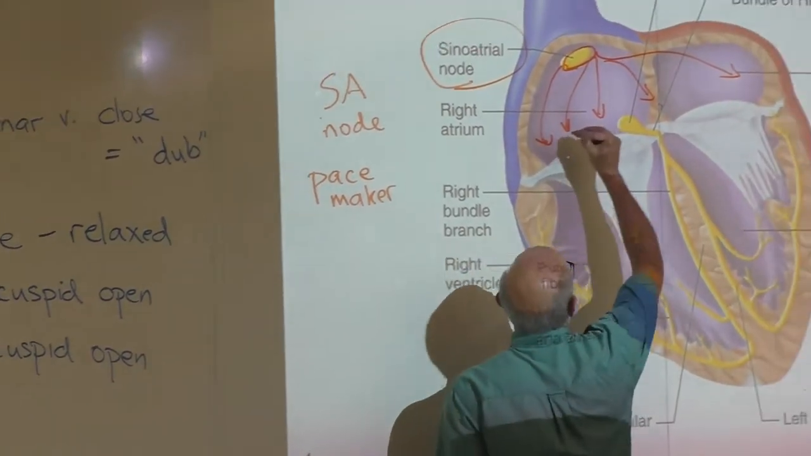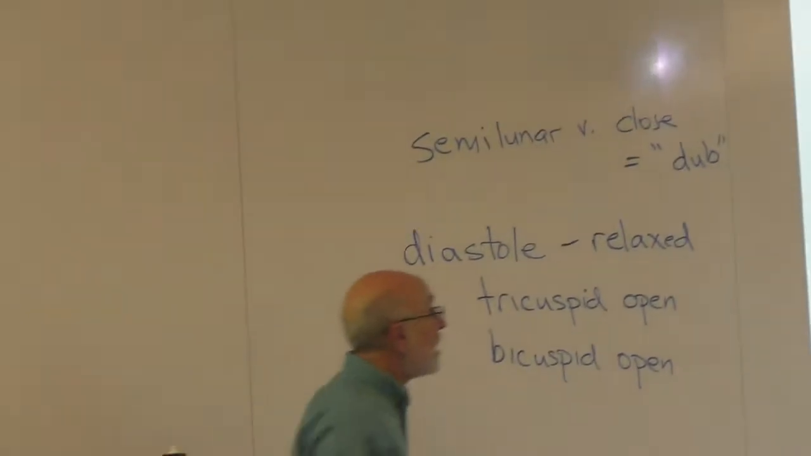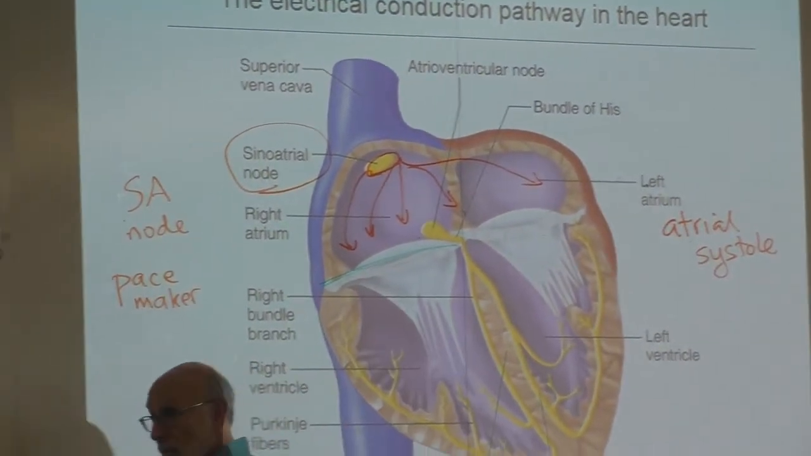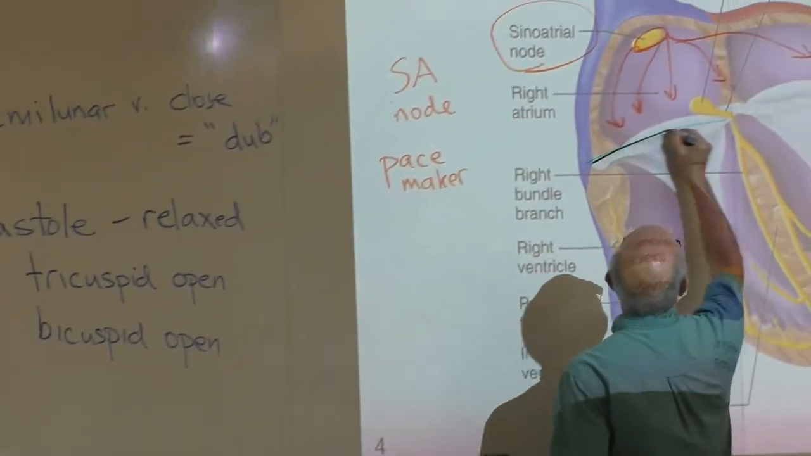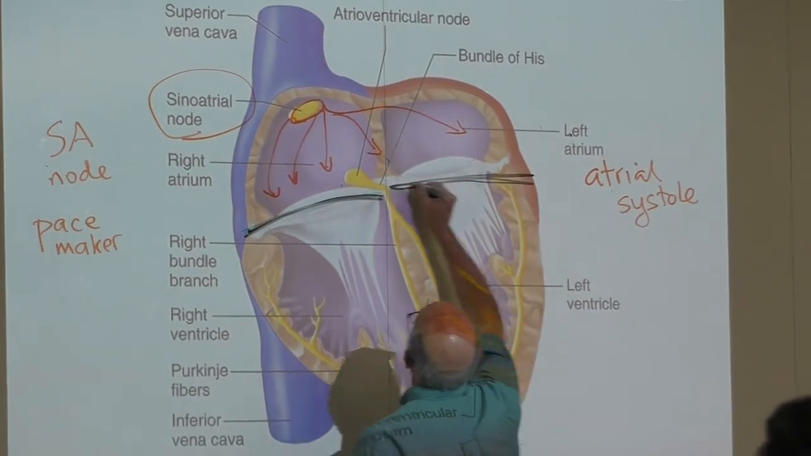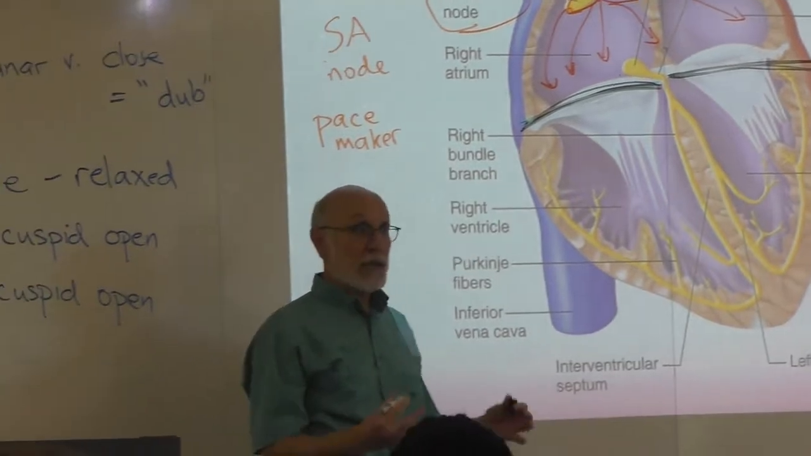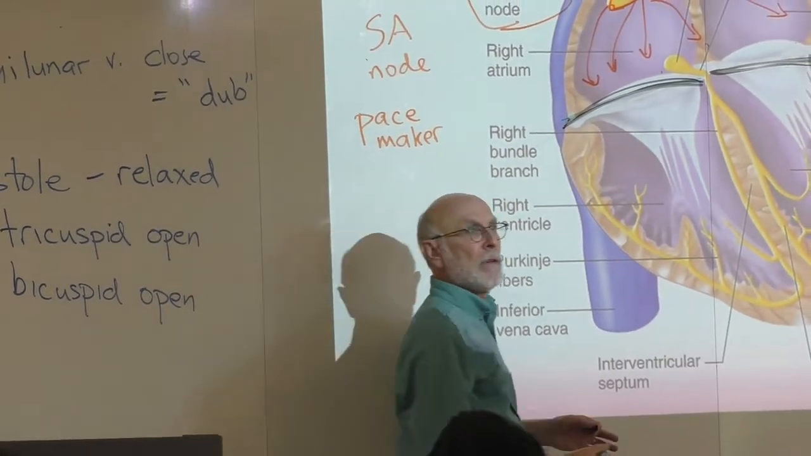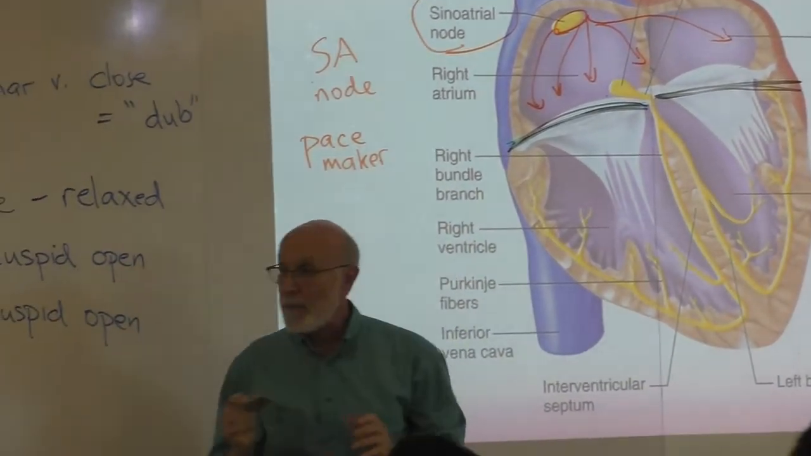Then there is a layer of insulation. So the atria are generally insulated from the ventricles. So they're electrically insulated, so the action potentials can't just move straight from the atria to the ventricles, except at